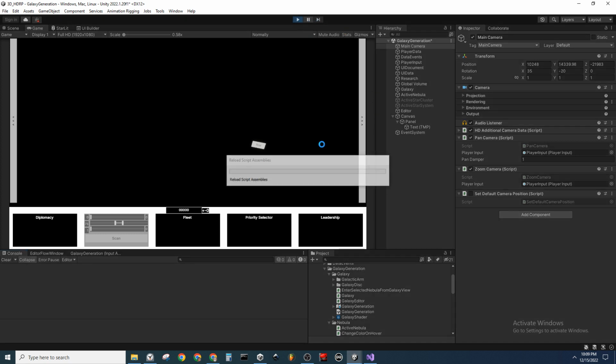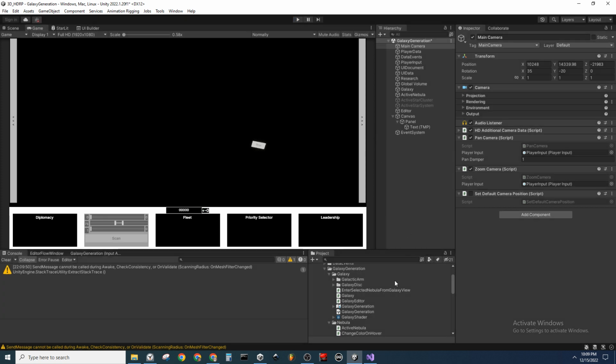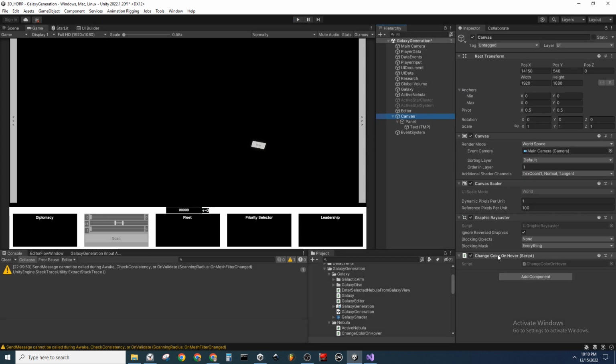Real quick, I just want to see if this will change colors or not. Oh, you know what? It doesn't have a shader on it, though. Alright, there's a good shot that I'm just going to skip this for now and